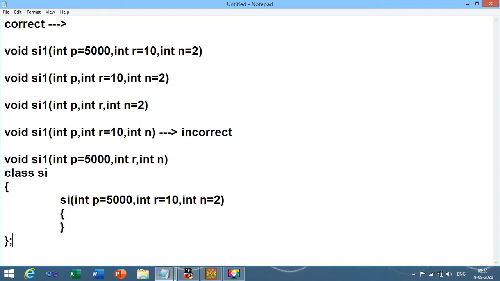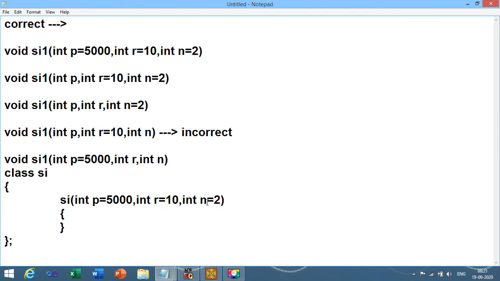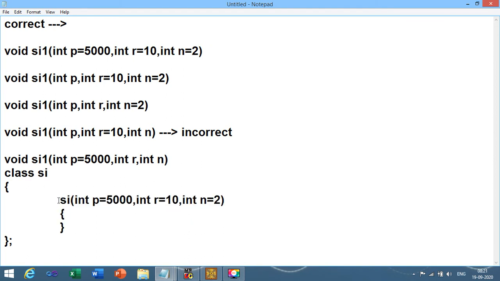Inside class SI I have declared one constructor having three default values, that means the values of p, r and n I have passed with the constructor SI. So what does this mean? Suppose I do not pass the values of p, r and n, in those cases it will automatically take the value of p as 5000, r as 10 and n as 2.